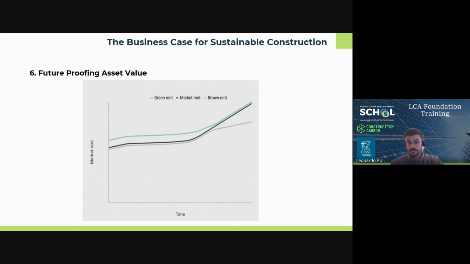Future-proofing asset value will also include taking actions to preempt expected changes in regulations, for example, Part Z, thus preventing early obsolescence. Whilst currently there may be a rental premium for buildings that are sustainable, the idea of a green premium may diminish as more buildings become sustainable or meet net zero carbon goals. Instead, what is already starting to emerge is the converse principle of the brown discount. This is where an asset does not meet current environmental standards or net zero requirements, leading to reduced rent and value. The 2022 RICS Sustainability Report suggests that brown discount is perceived as 10% on average across real estate professionals globally, although this can reach up to 30%.